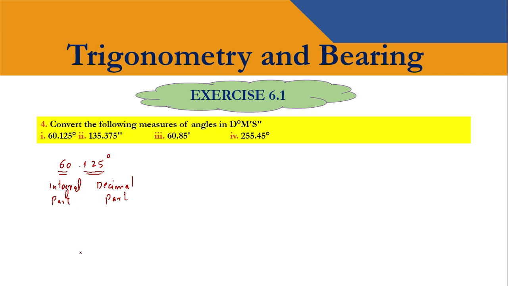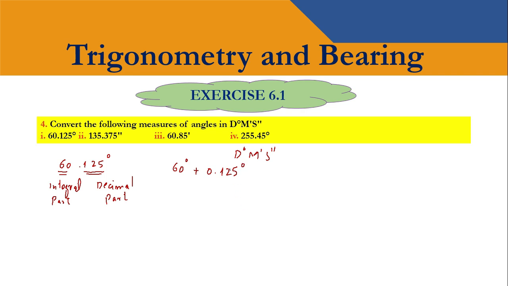So separate these two parts. The integral part is showing 60 degrees, a complete 60 degrees. So as we want to convert degree, minutes and the seconds, the rest of this decimal part contains minutes and the seconds in it, plus